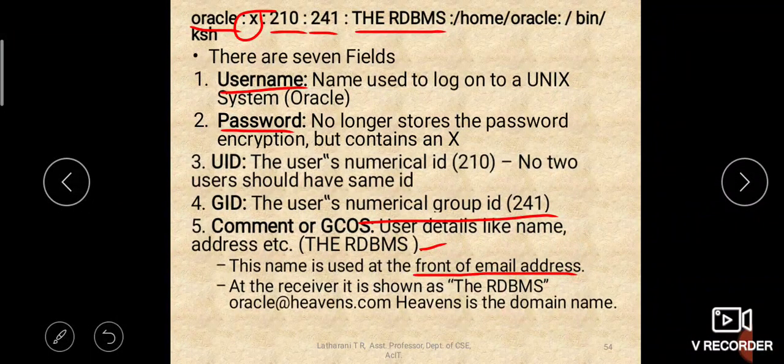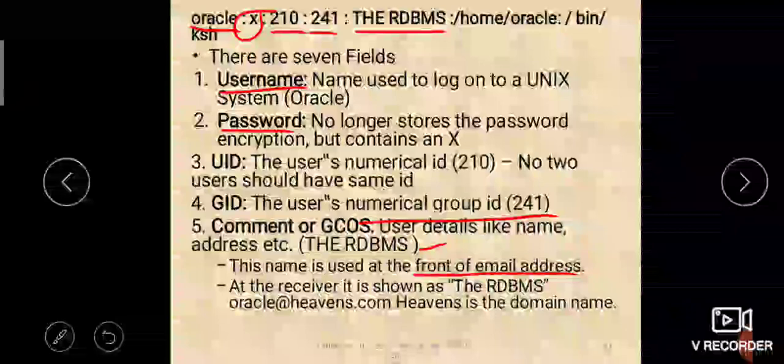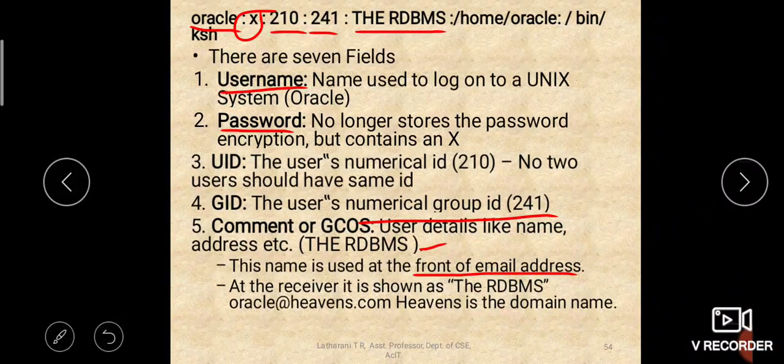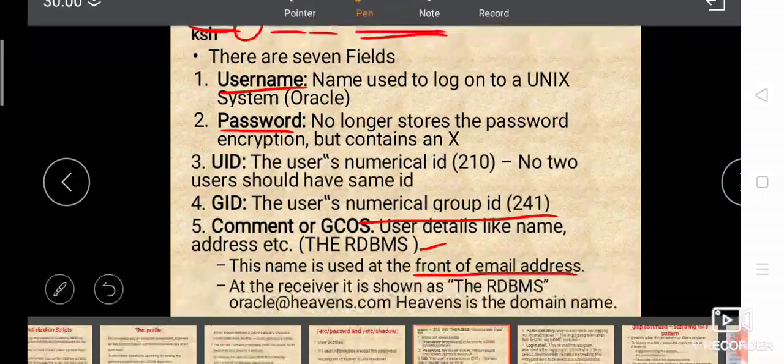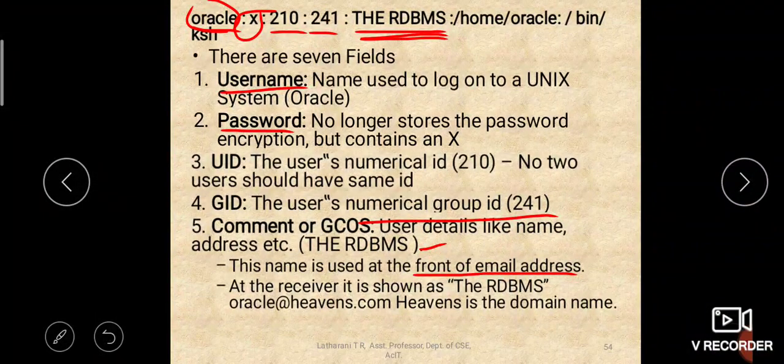And beside that the subject will be there. If you click on the subject, the mail will open, right? That name which appears beside the subject of the mail will be this name. Whenever mail from the oracle user comes, the name RDBMS will appear.